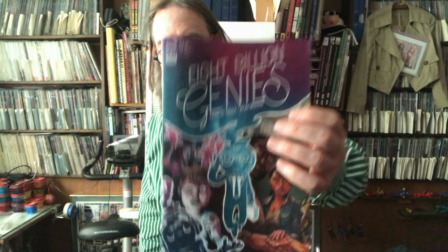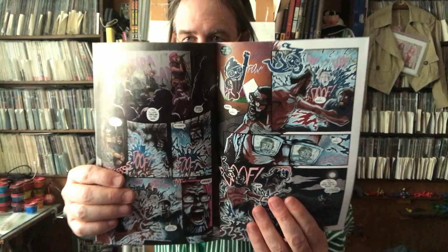8 Billion Genies, issue 6 of 8. I just saw solicited the big deluxe version of this. So if you want the big deluxe version, they'll have one coming out. Hardcover collected edition. This has been a well done...